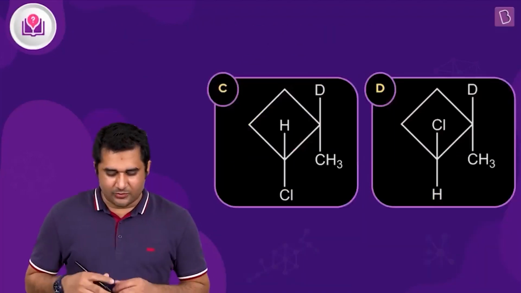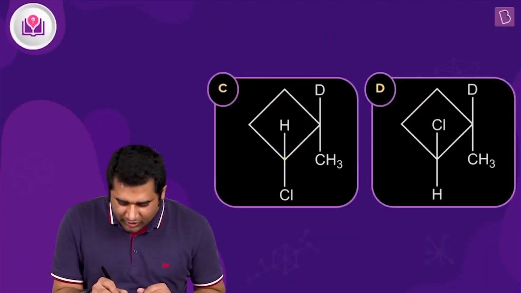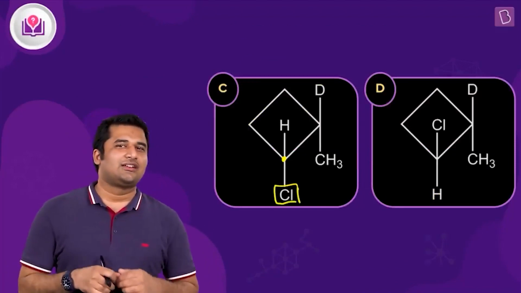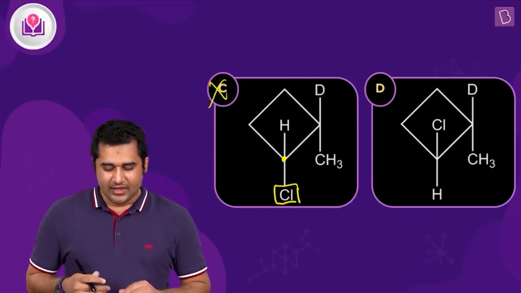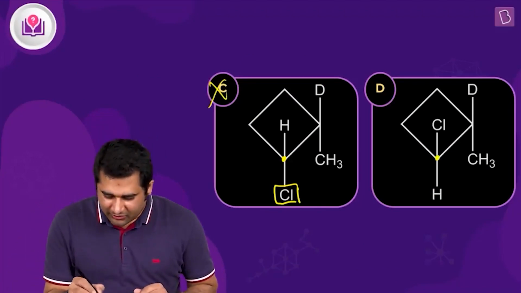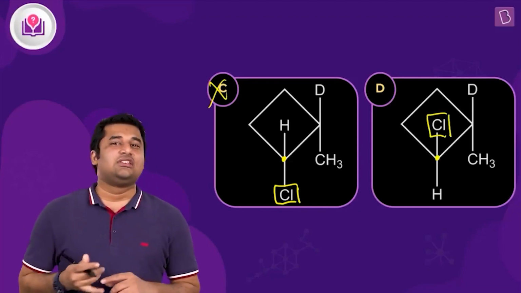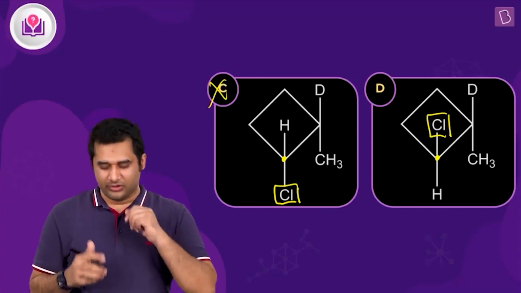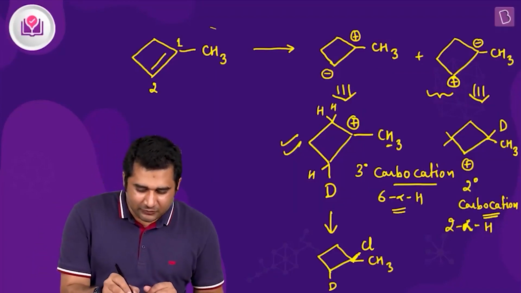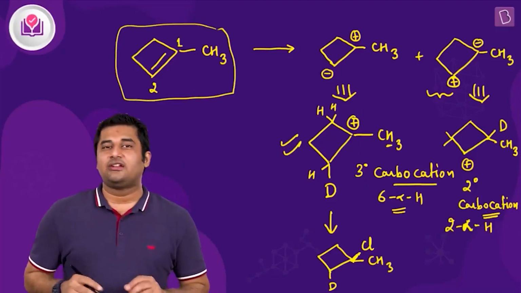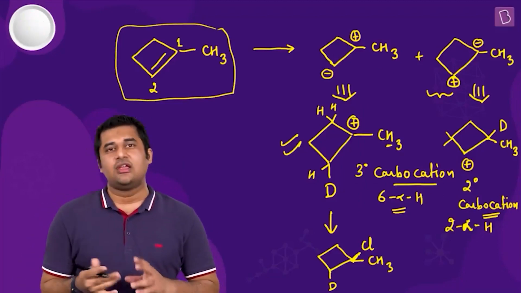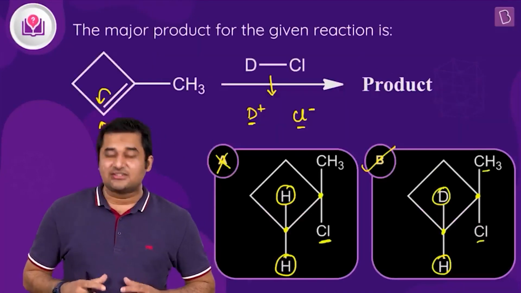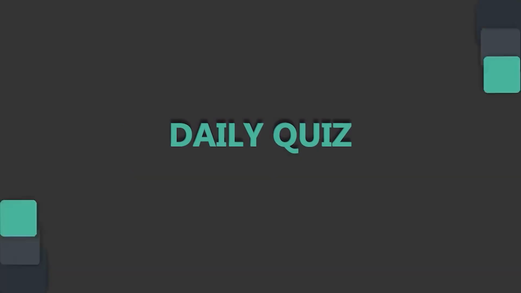So moving to the next option, that is option C. Here you can see on carbon number 2 Cl is present, which is not at all correct, isn't it? So this is not correct. And in option D, again on carbon number 2 we have put Cl, which is not correct. Alright, and let me tell you one thing. I am saying carbon number 2, carbon number 2; these numbers I am telling with respect to this particular molecule. Whatever we have taken for this particular molecule, I am telling it with respect to that only. So clearly you are able to see that the right answer to this question is option B.